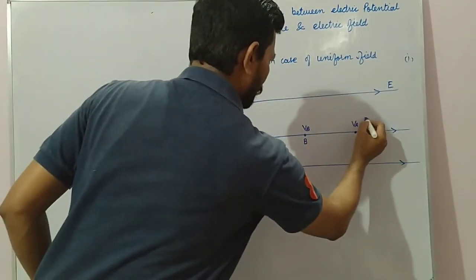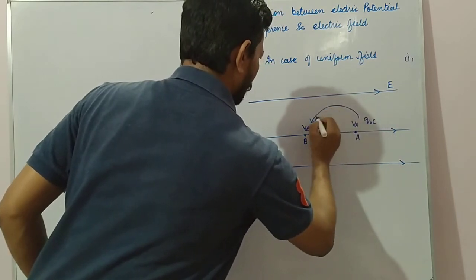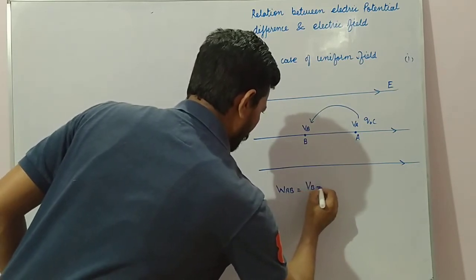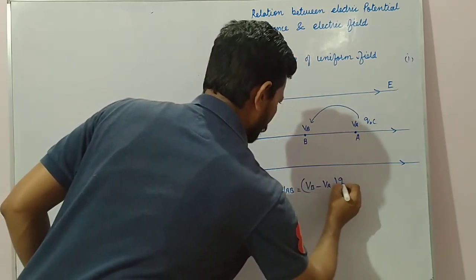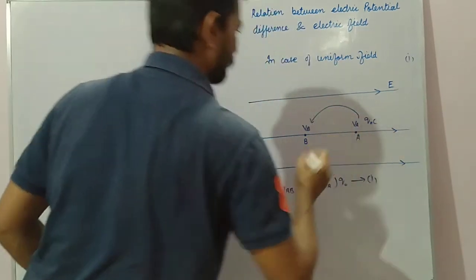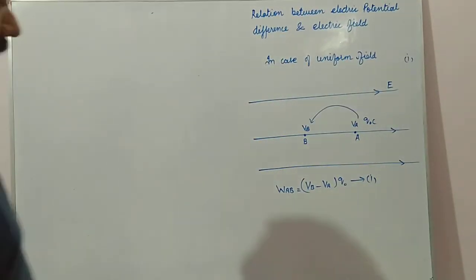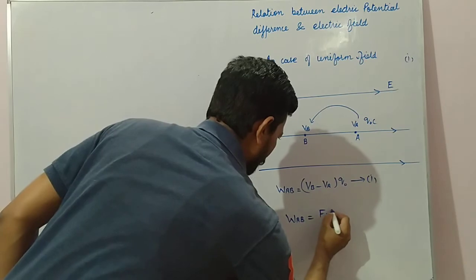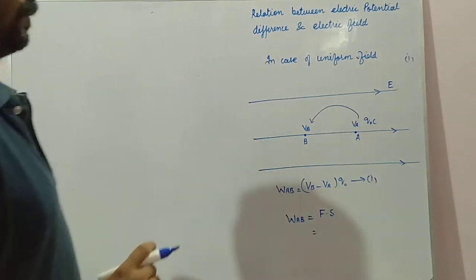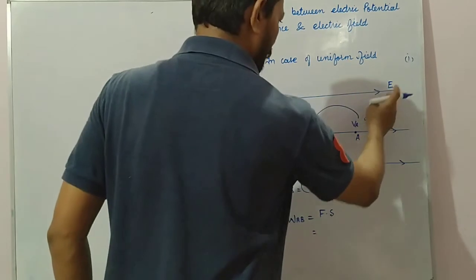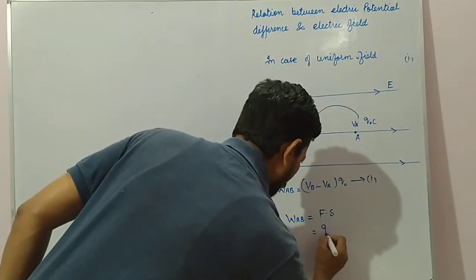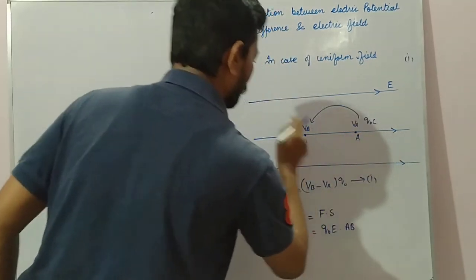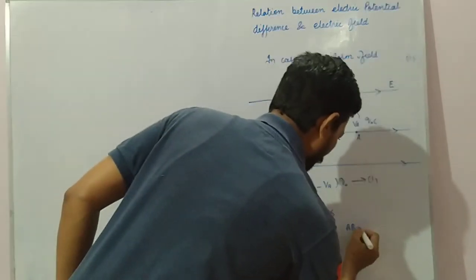So here potential at A, this one is potential at B. So work done, suppose Q0 coulomb of charge is moved from A to B. So work done from A to B, that is difference in potential into charge Q0. This is equation number 1. Again, work done from A to B, that is also equal to what? Force into displacement. Now electric field force acting on the charge, that will be what? Electric field is E, charge is Q naught. So electric field force, that is Q naught E, and displacement S is what? AB. A to B. This is equation number 2.